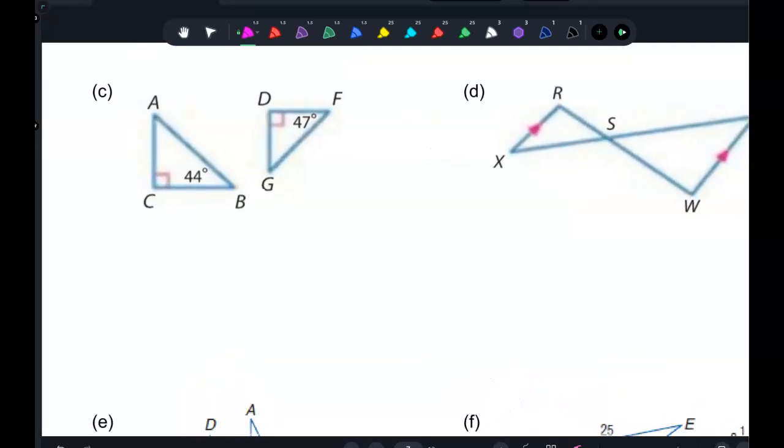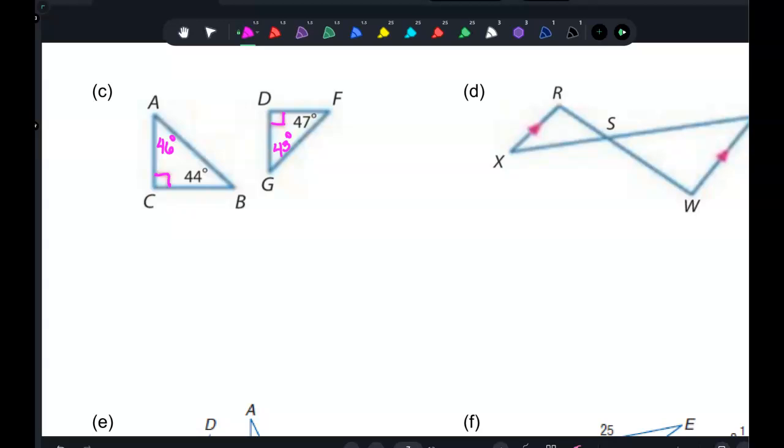Okay, next one. I don't have any sides at all, so the only option is angle similarity. I have a pair of right angles, so there's one pair of angles that are congruent. In the first triangle on the left, I have an angle that's 44. Since all angles have to add up to 180, this missing angle would have to be 46 degrees. In the other triangle, if I have a right angle and 47, this one would have to be 43